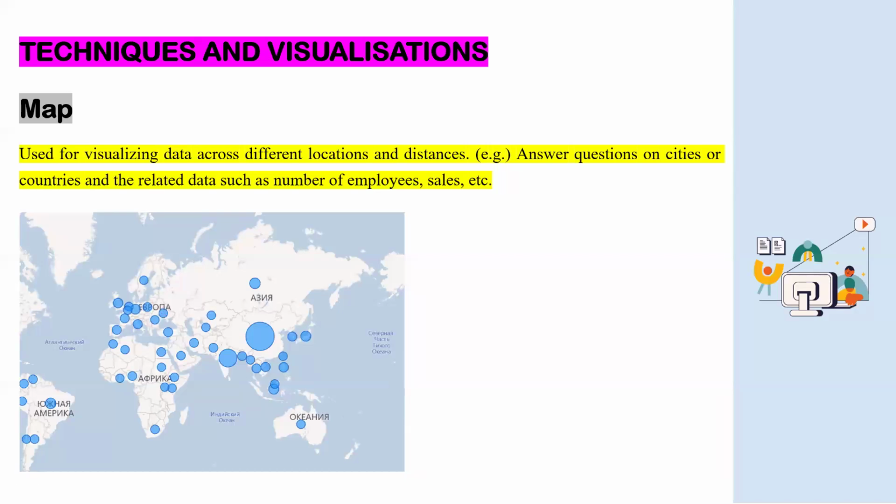So that's it. It can be just anything. It's not just the number of customers. It can be the size of your factory in various regions. So you can see that this factory here has maybe 5,000 employees. This one here has 4,000 employees. This one has just 100 employees. So depending on the metric you are interested in, you can use a map to visualize it.